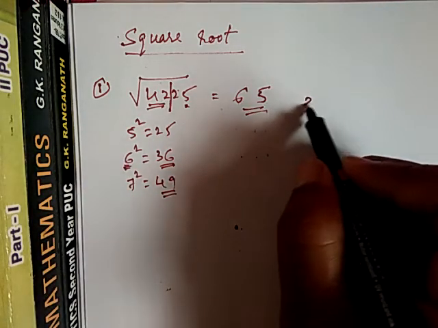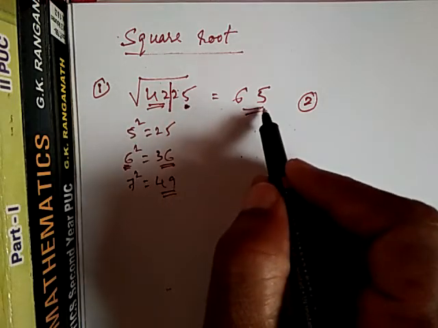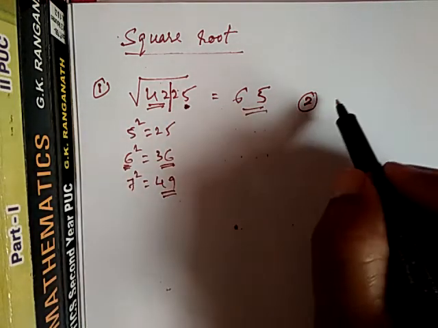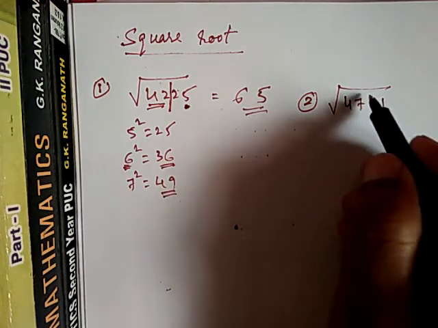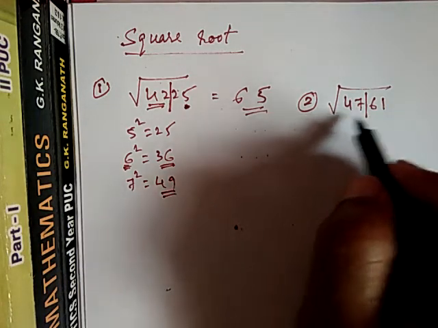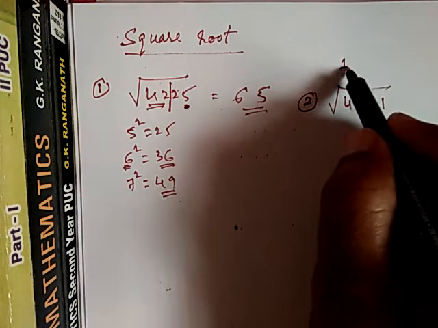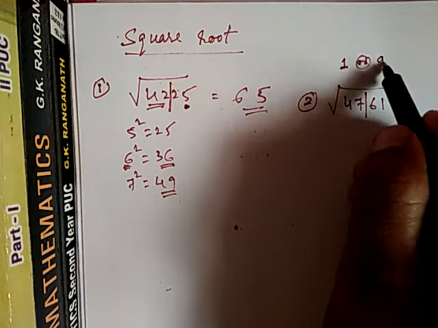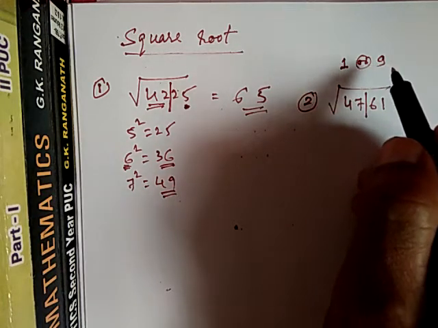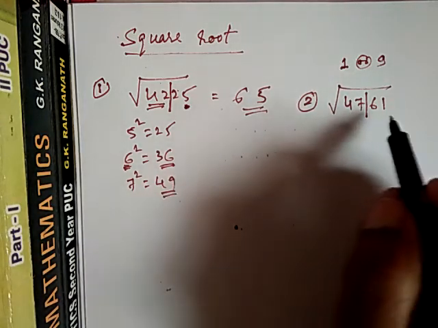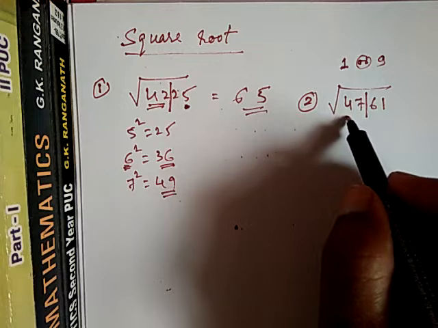So one more example I will take so that you will get the idea. When the number is ending with 5, here also you will get a number ending with 5 only. Now you will take one more example, 4761. It is ending with 1, so make two digits like that. It should end with 1 or 9, because 1 into 1 is 1 and 9 nines are 81, so it is ending with 1. So 1 or 9, that we don't know. So here it is 47.